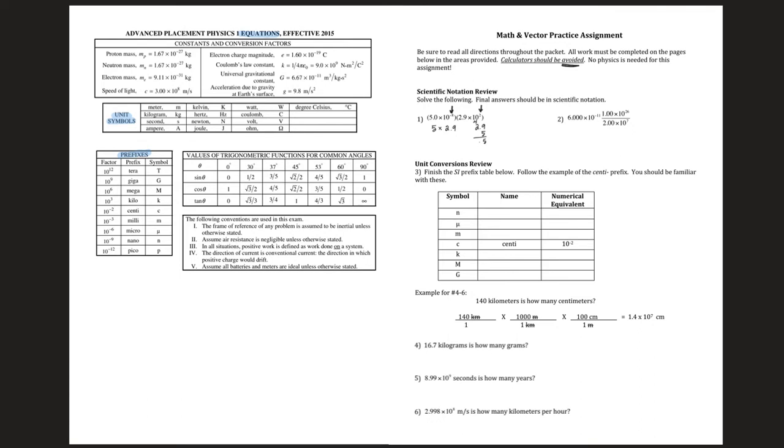So 5 times 9 is 45. We're going to put that decimal place in there. 5 times 2 is 10, plus 4 is 14. So 5 times 2.9 is 14.5, but we're not done. Now we have to take into account those times 10 to the